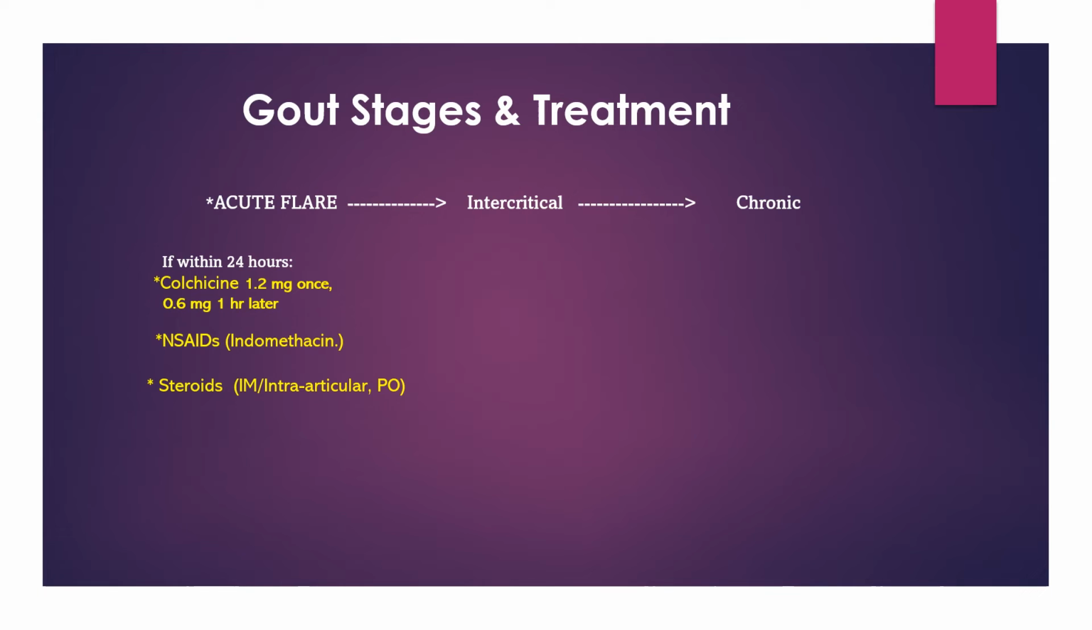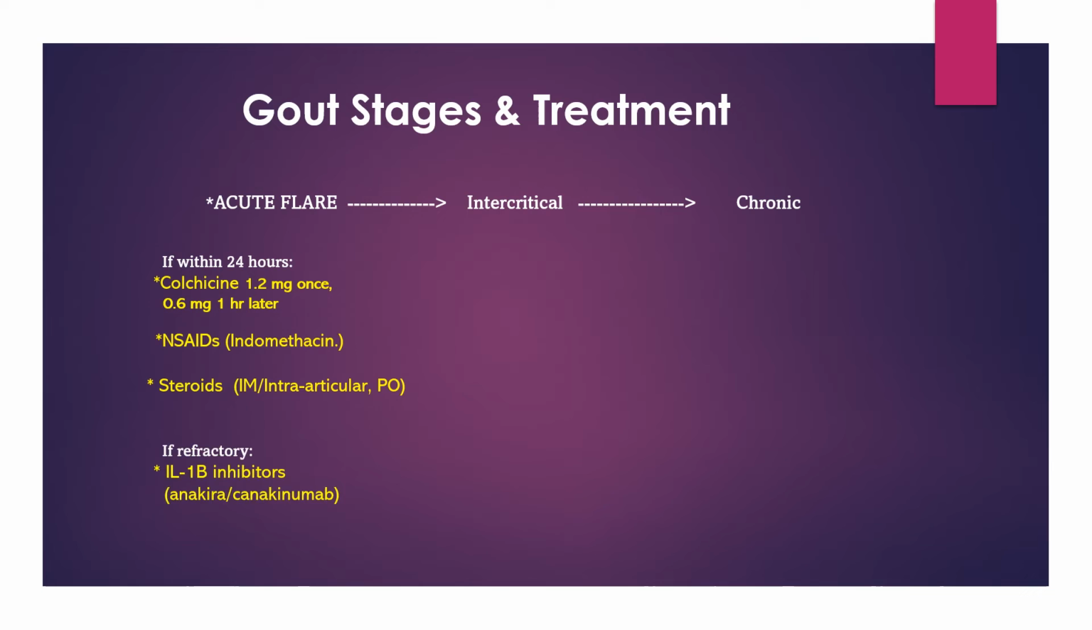The acute flares, how do you treat them? Typically with colchicine, 1.2 milligrams one time, and then half that dose an hour later. Use NSAIDs like indomethacin, and then oftentimes steroids, which can be intramuscular, intraarticular, or by mouth. Intraarticular is oftentimes preferred if it's just one joint, but most realistically, most people will probably do the PO route